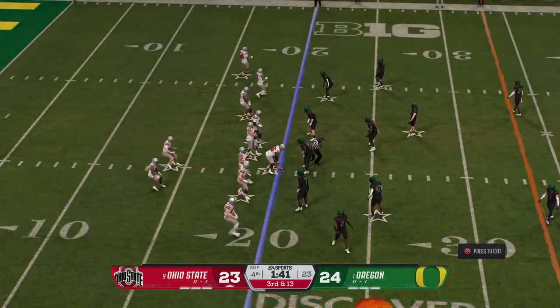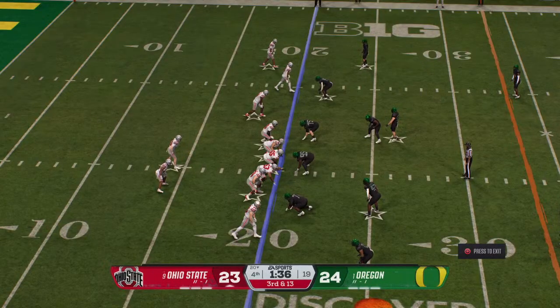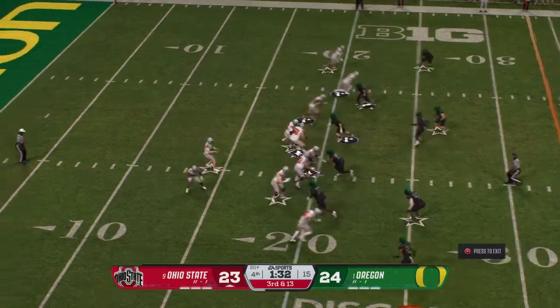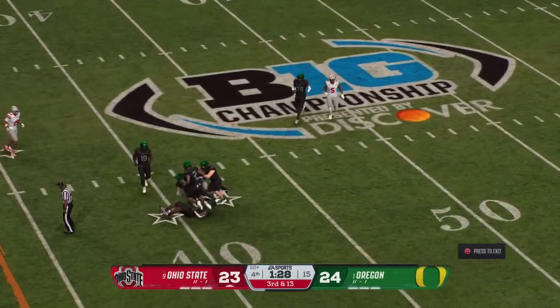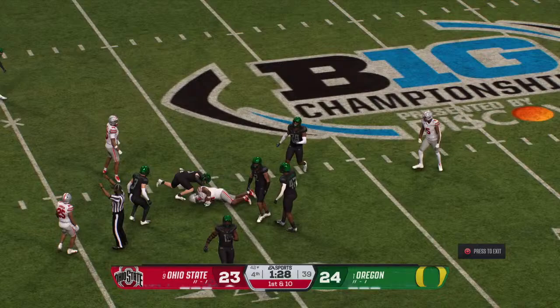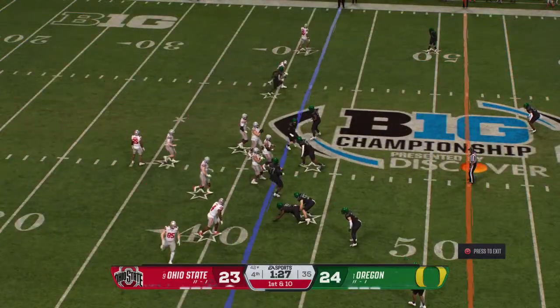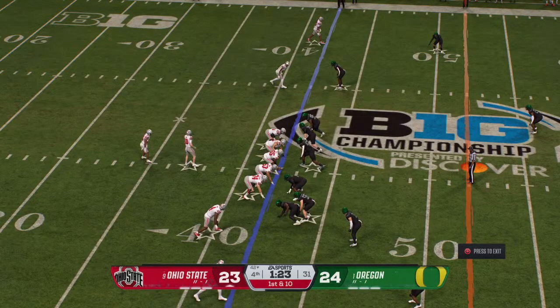A conference championship is at stake. Can the offense step up here in the final minutes? Looking to throw it on 3rd and very long. Oh, what a grab! They finally get him down, but it's a chunk play through the air. Here we go. Conference championship game comes down to this. The offense got to make a play here with time winding down.